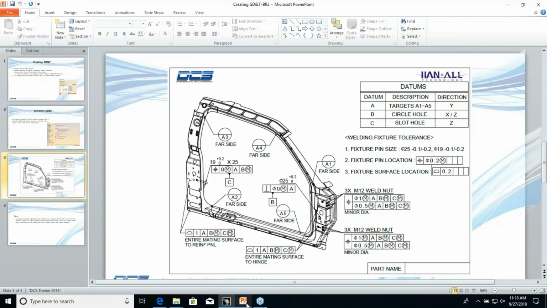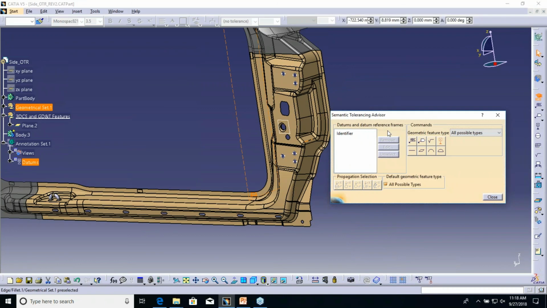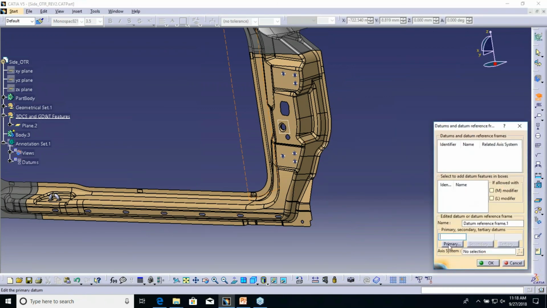So now we're going to go back to this drawing. We're going to go ahead and define datum B. And first I'm going to add the datum as an identifier. So it's just adding